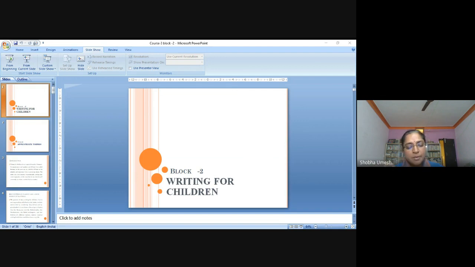So one of the issues we can come across here is the reluctance of many parents to consider children's books an essential item of family expenditure. This might be one reason: they think it is expensive to buy storybooks for their children. And also, it will be a burden for those parents to buy extra books for the children's stories.